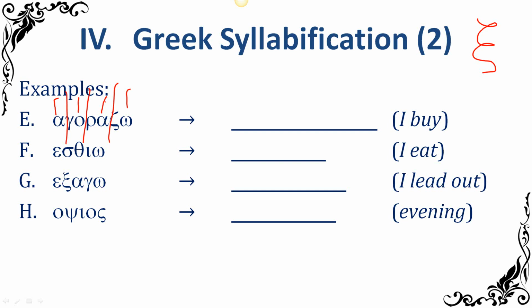and then the final one, we don't really have anything to worry about because there are no following consonants, right? And we already know that it's going to get the consonant in front of it, so we don't really have to do any work with the final syllable. It's a fun word. Agarazo. What does that mean? I buy. Yep, I buy.